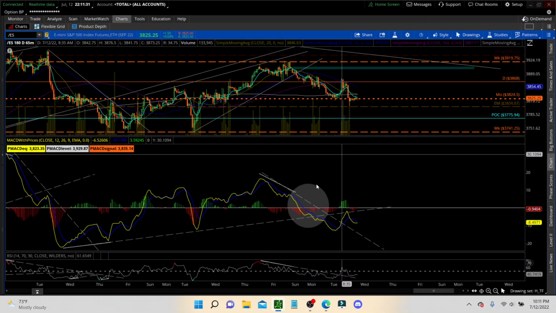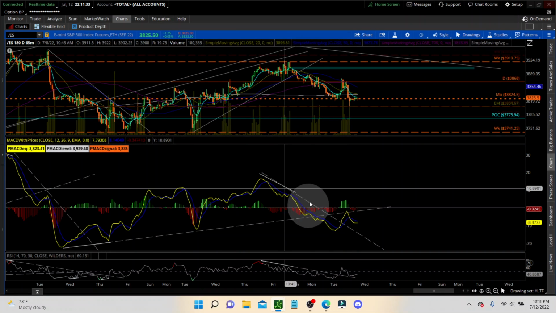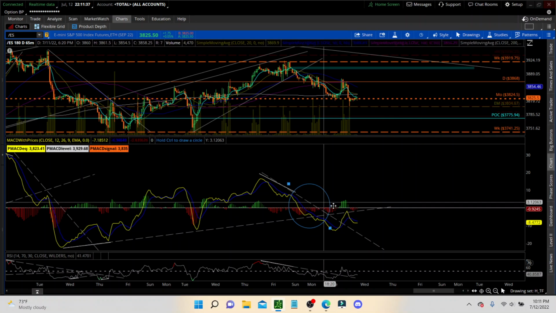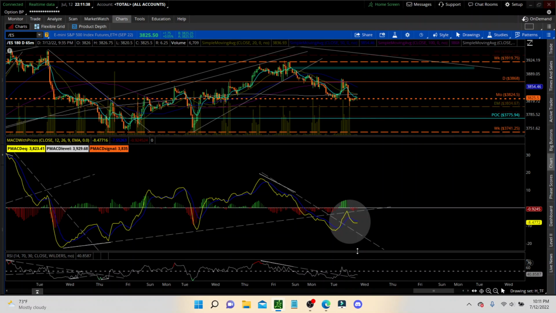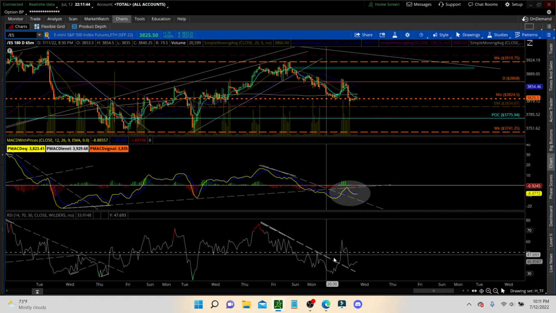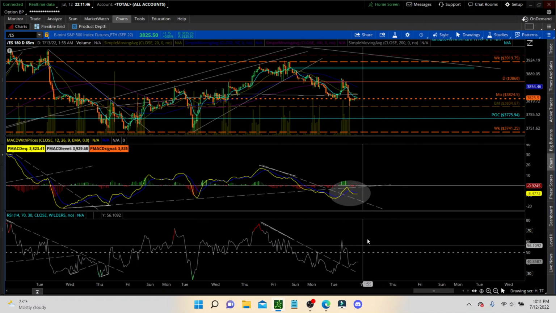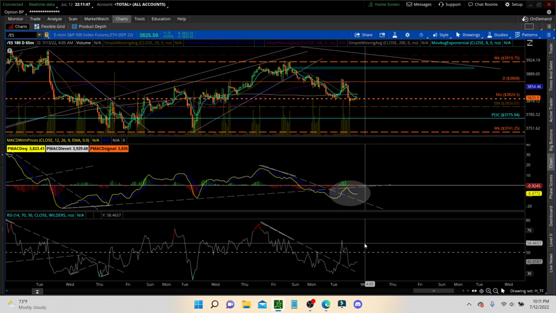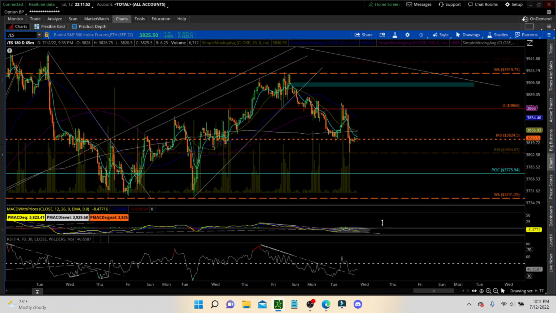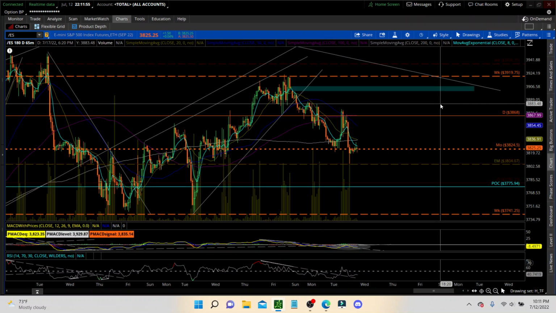But looking at MACD in the short term, we broke out from this downtrend. We're back testing. Yeah, that's a positive for the upside for tomorrow. But that could easily be burned down and go to the downside. And same thing with the RSI, broke down from it, back testing, and it could go up from there, or it could go down at this point. But you know, we're checking this out. We're going to see what happens in the morning, and we'll see what is going on.